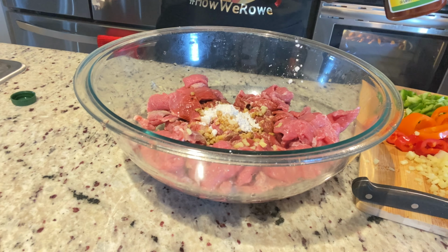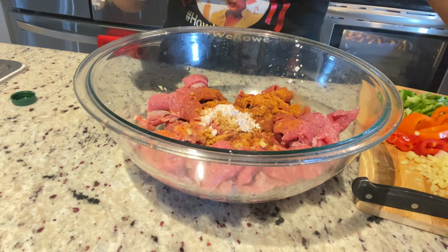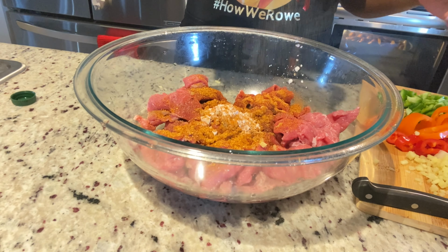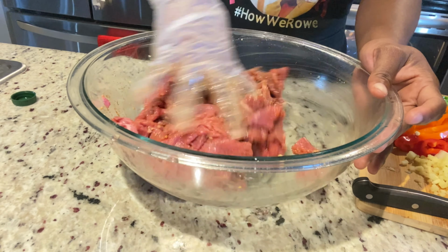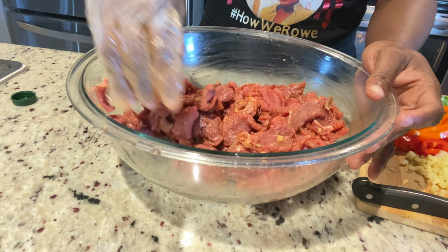Now I'm just going to add 1.5 teaspoons of all-purpose seasoning, 1 teaspoon of Cajun seasoning, and 1/2 teaspoon of black pepper. After which I am going to use my hands to combine everything, and the olive oil that I used in the beginning is going to help the seasoning to stick to the meat. And if you want, you can go ahead and marinate this for a couple hours, but I'm going to be